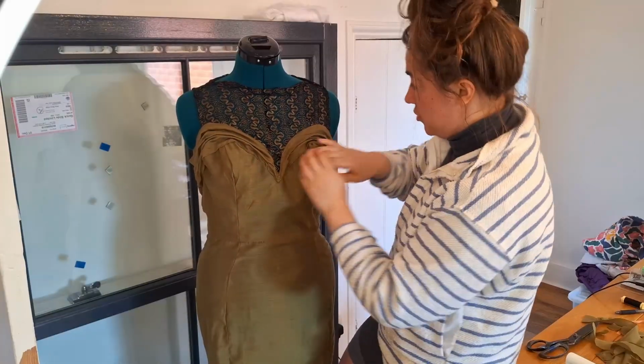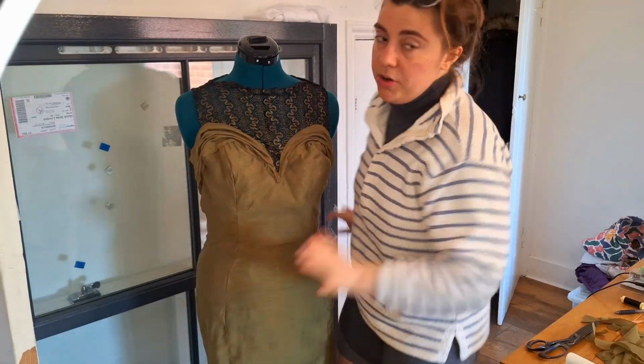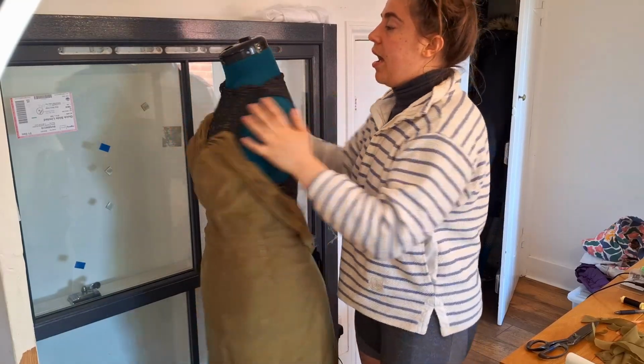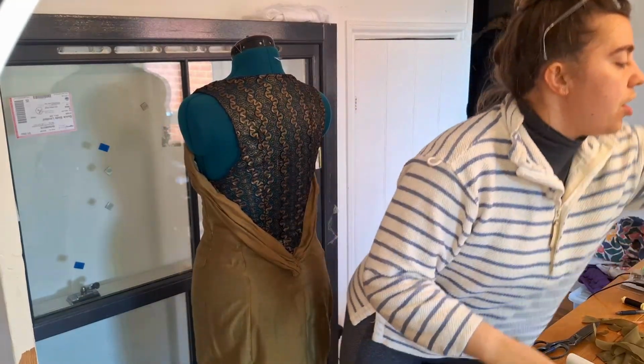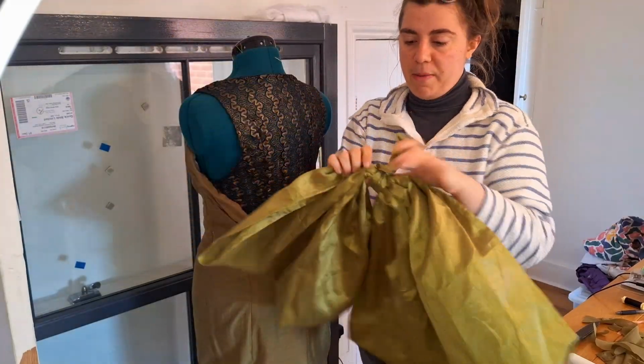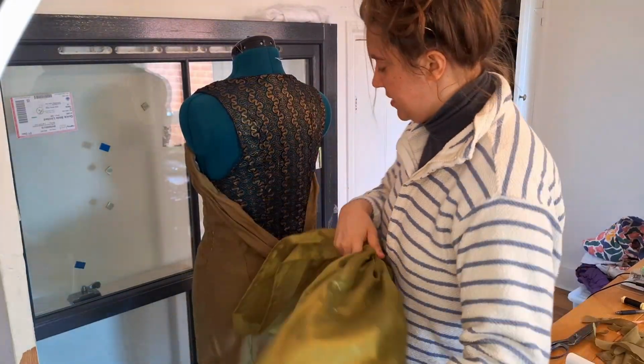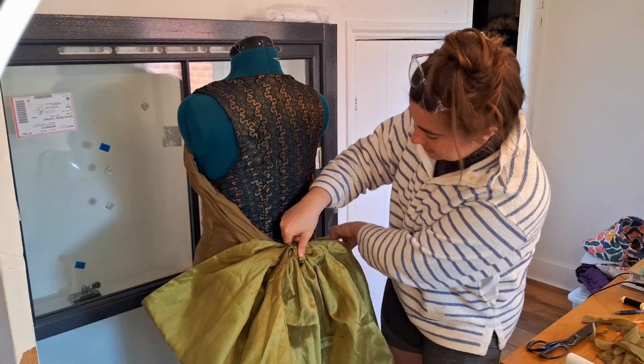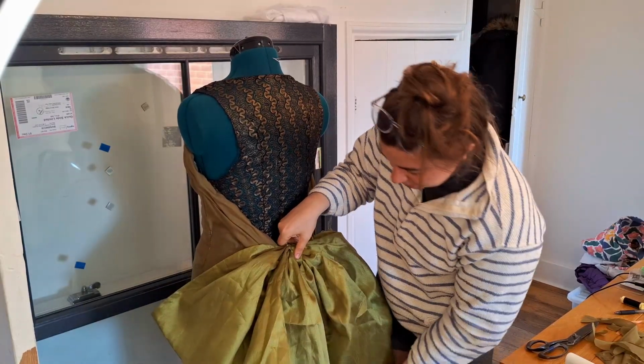Okay, so I've just finished sewing that on, which is great. So now I need to look at the big giant bow. I decided I would go with the other fabric in the end because it is stiffer. So I now need to put a hook on there to keep it in place, but I think that looks